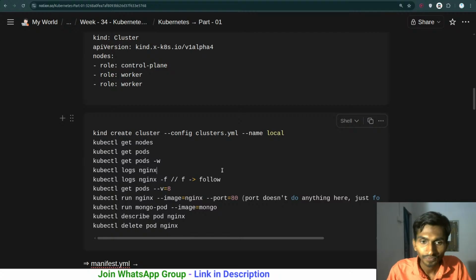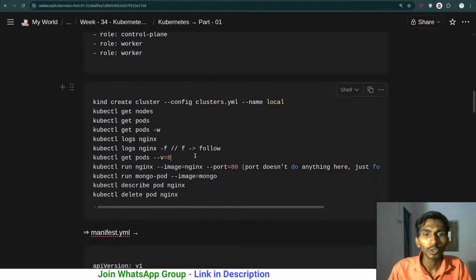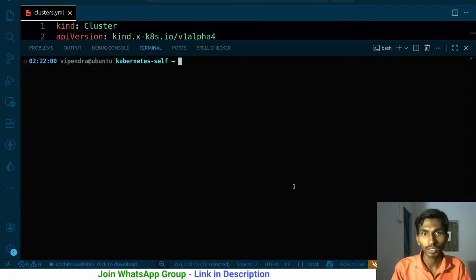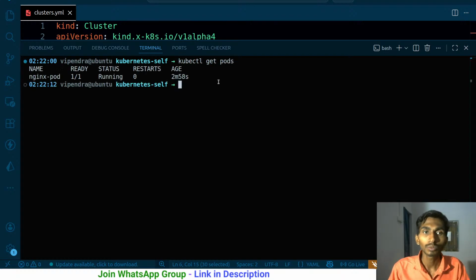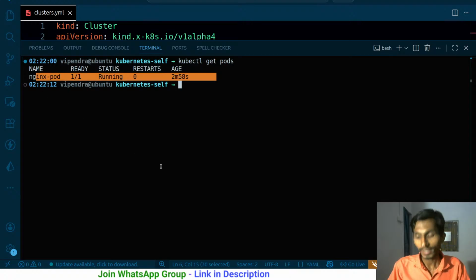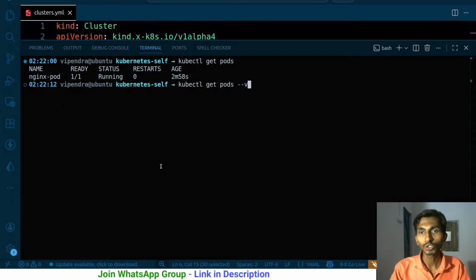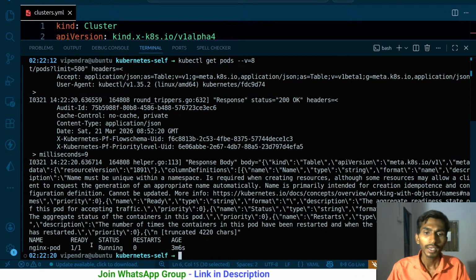Coming back to this one, there is one more thing, get pods in the verbose manner. Let me show you exactly what it does. So by default you get kubectl get pods like this, and it simply shows you the pods. Right now you can get the same thing in the verbose manner. Verbose in the sense it will be giving you more information. So if you simply run this, it tells that okay, this is the nginx pod that is running,